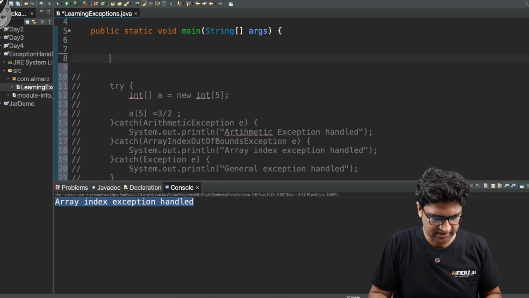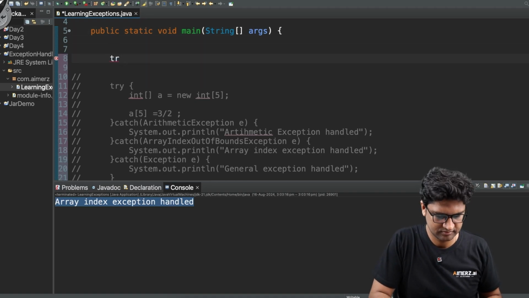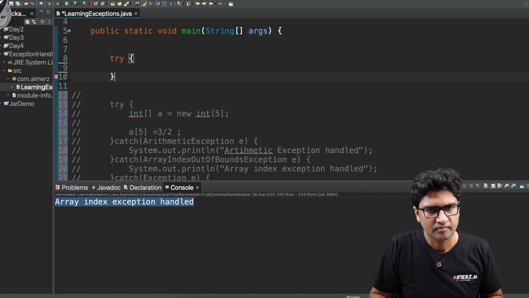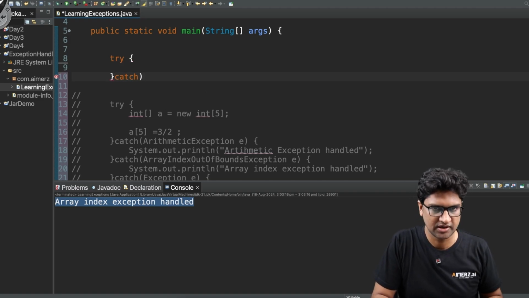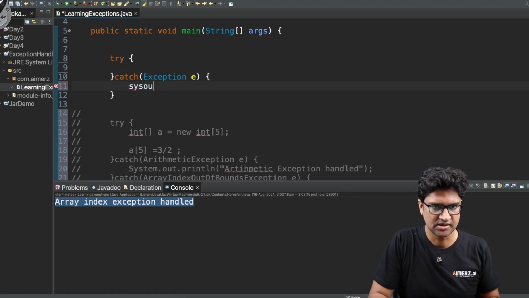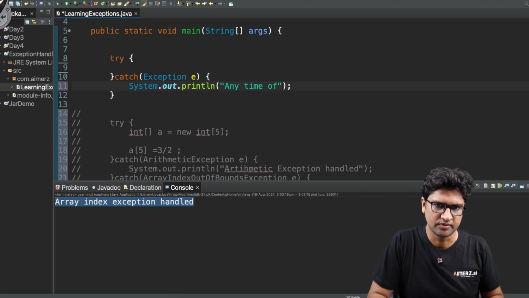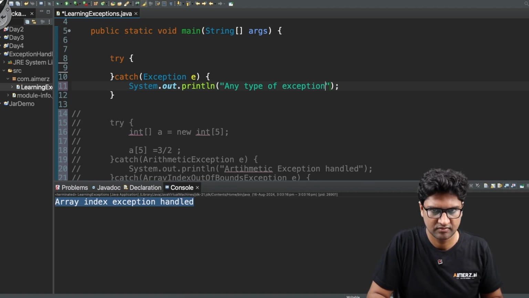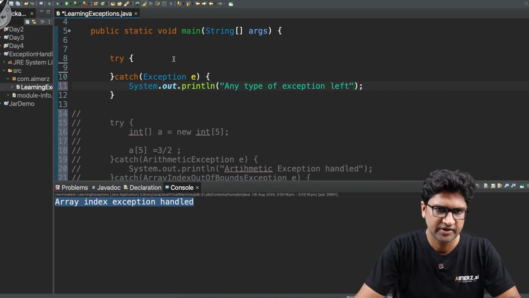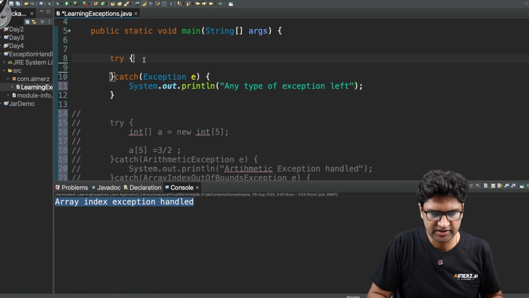Now what I do with that, I write try, and then this is the outer catch. I call it Exception a, sys out, any type of exception left. Fair enough. And inside the try catch, what I can do is write another try block,